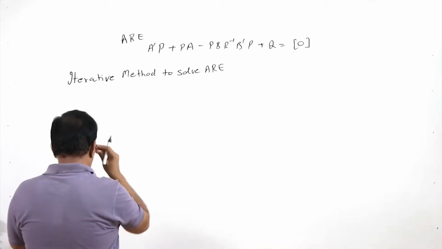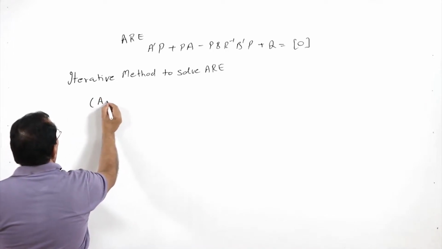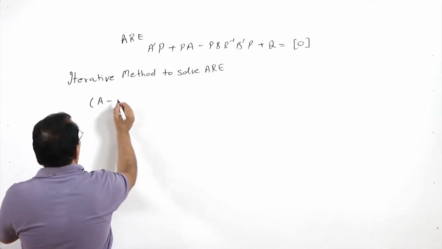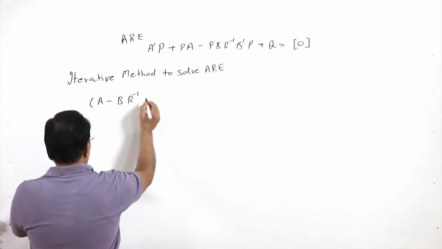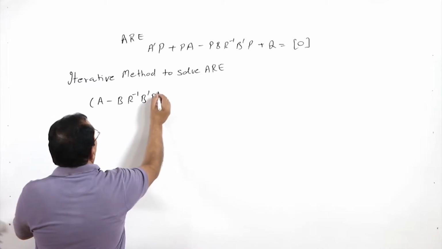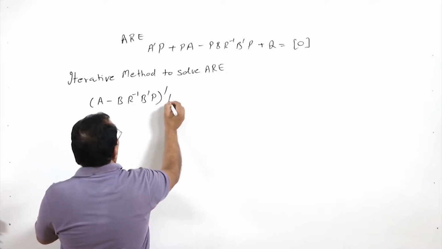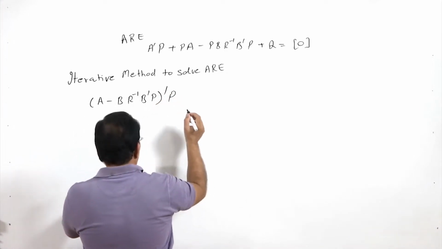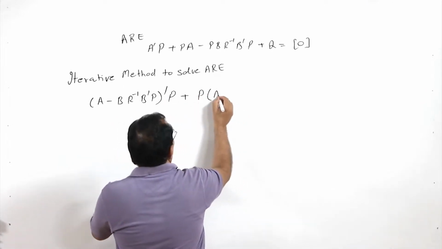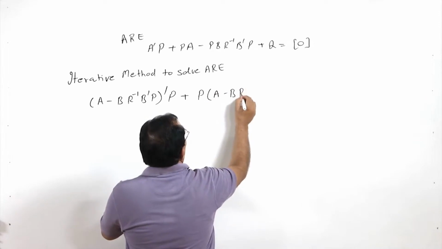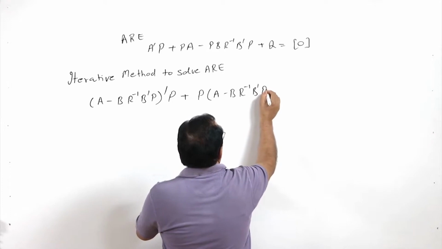If you recall, this A transpose P, we can write in the form A minus B R inverse B prime P transpose P plus P A minus B R inverse B transpose P